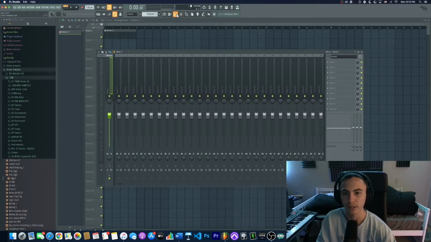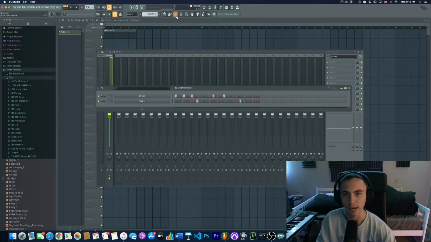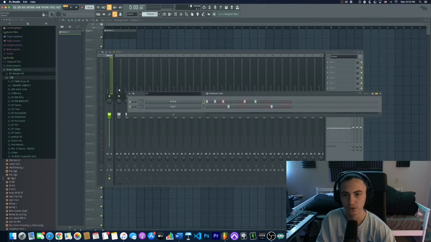And what do I mean by route? So as you can see when we go back to our channel rack, we have our kick and our clap. So these need to be assigned to an individual channel strip. So how do we do this? You simply go over here and then you click up and you choose 1 and you choose 2. You want to make sure these are on different channels as well. So now when I click play, you can see